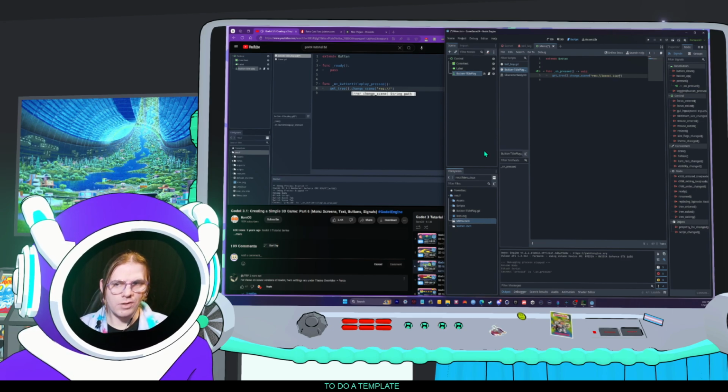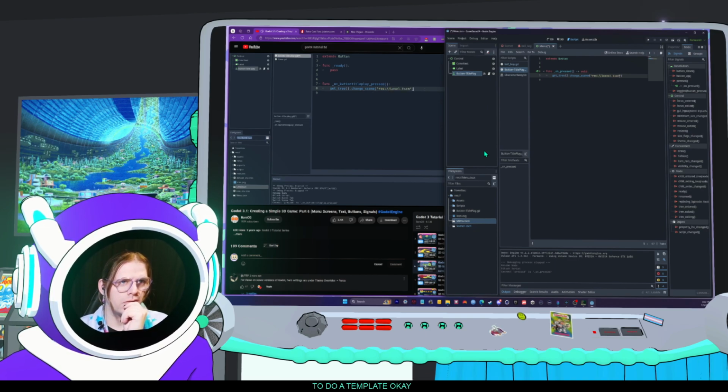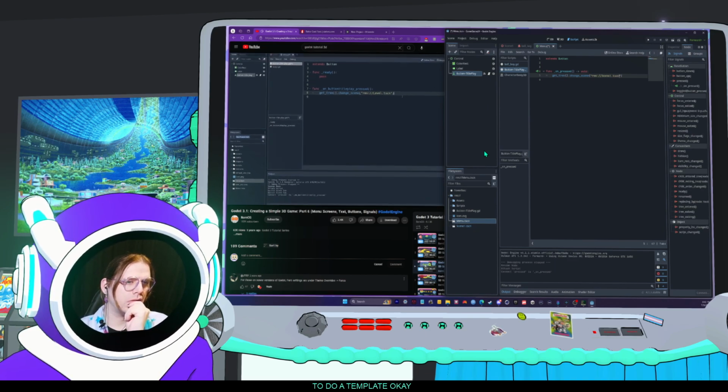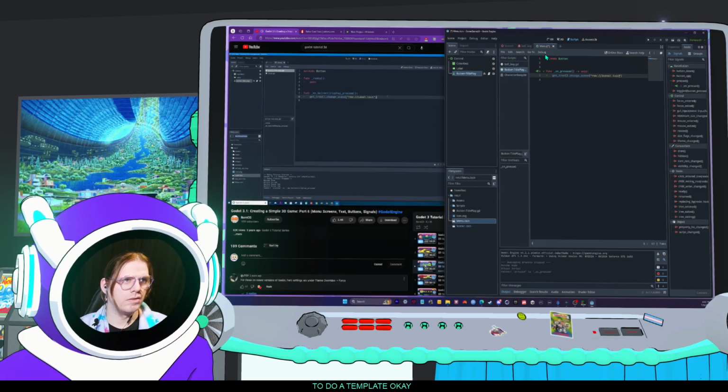In fact, if you just click on it down here, you'll see the path that we want to get to, and you can actually copy that, Control C, and then paste it into double quotes in your code, and that code will actually work. So if I go ahead and do a quick Control S to save, and I go up to play this scene,